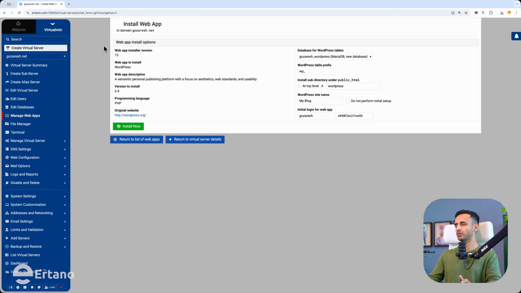It's showing us some options about the WordPress installation. For example, which database I need to install WordPress on. Then we have to set a prefix for our database. I'm choosing, for example, for this website, GO. It's better to change it for your website security. And then where you want to install WordPress, at top level, for example, on my main website, or on a directory. For example, if I select here and type Rod here,